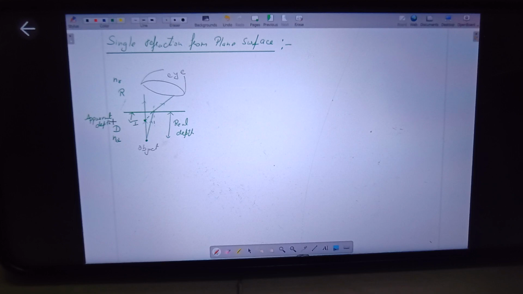Or apparent position of the object. Why is this happening? It is clear that it is because of the refraction of the light which happens at the interface. Similarly, if the reverse case happens, that means your object is in a rarer medium and